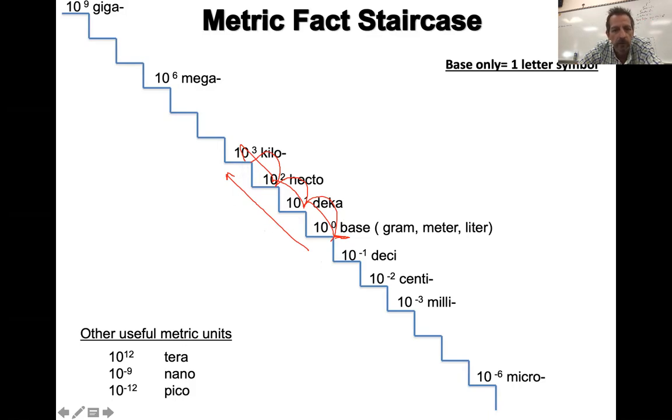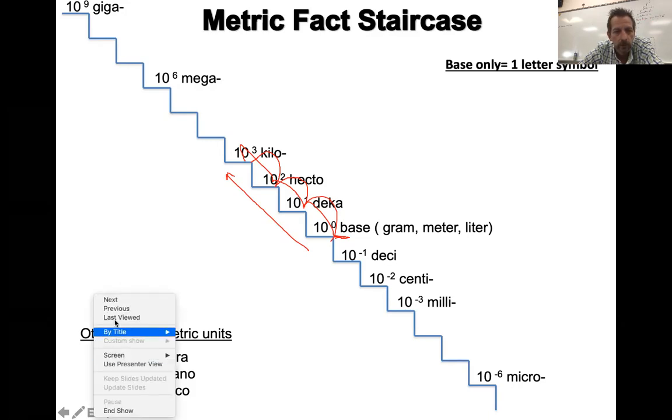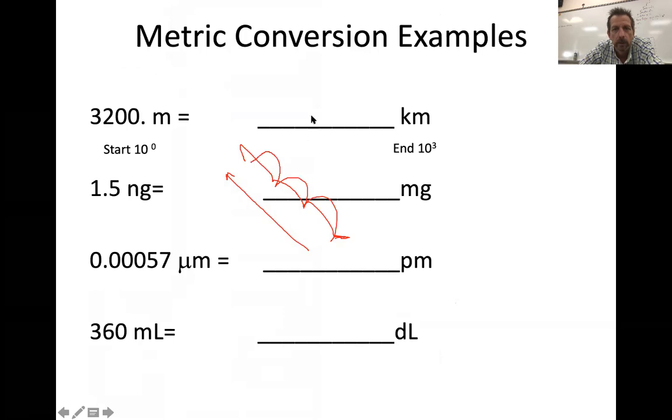So let's go back to the actual example and move 3 times left to create the conversion, because that's how they're related, 3 factors of 10. Let's see if we can reveal which slide that is, by title, metric conversion examples. There we go. And we're going to make this conversion. We said we're starting at 10 to the 0. We're moving to 10 to the 3. That means we take the decimal and move it 3 times to the left. We move it 1, 2, 3 times, and we're going to rewrite the value